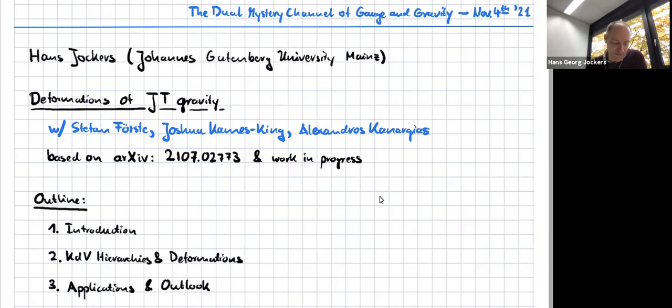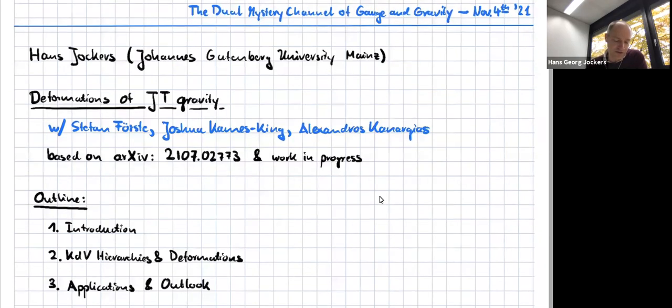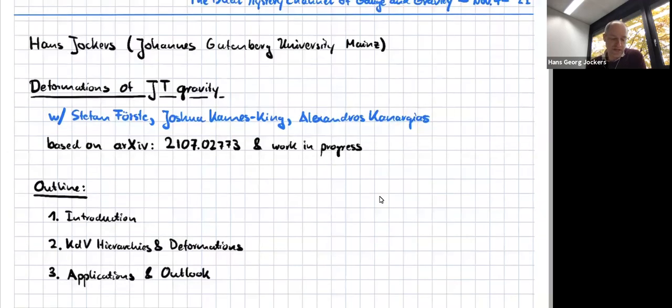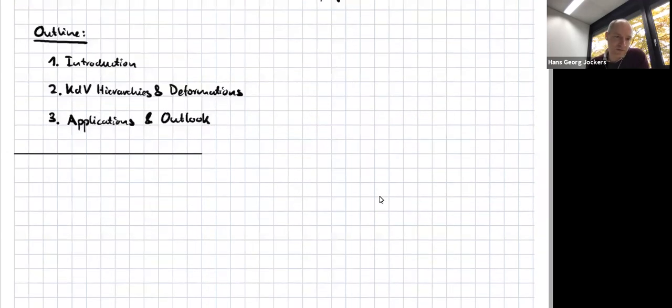So there's a brief outline of my talk. I will give an introduction to the subject, then I'll talk about where we have made contributions, namely how we believe is a good strategy to describe deformations in this context by looking at the relation of these partition functions that will show up in the context of the KdV hierarchy, which has appeared in the context of topological strings. And then, depending on how much time I have, I'll talk about some applications and some outlook. So let me start with the introduction.